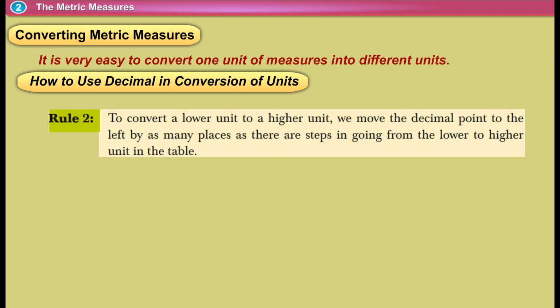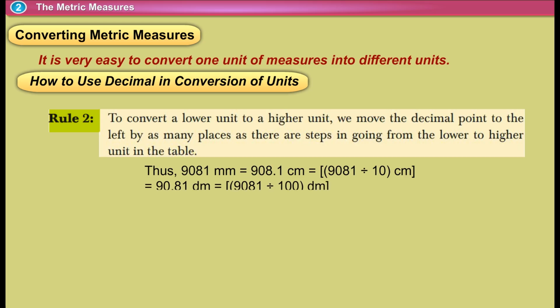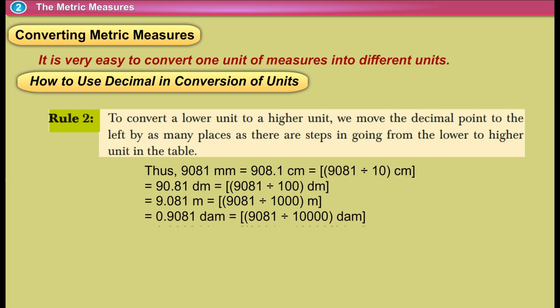Rule 2. To convert a lower unit to a higher unit, we move the decimal point to the left by as many places as there are steps in going from the lower to higher unit in the table. Thus, 9081 millimeters is equal to 908.1 centimeters, 9081 divided by 10 centimeters, 90.81 decimeters, which is 9081 divided by 100 decimeters, is equal to 9.081 m, which is 9081 divided by 1000 m, is equal to